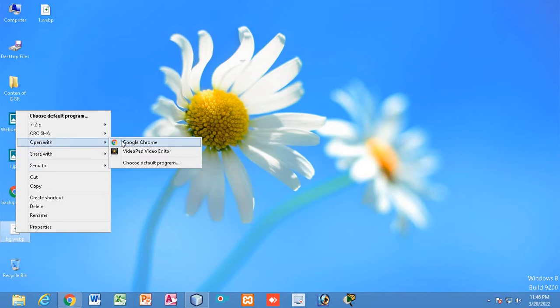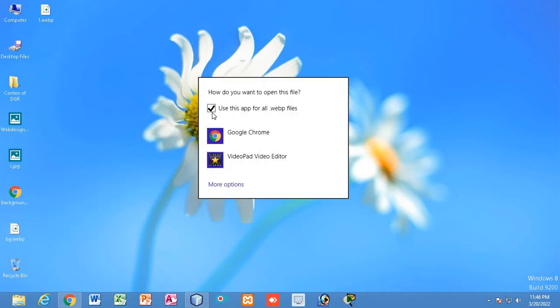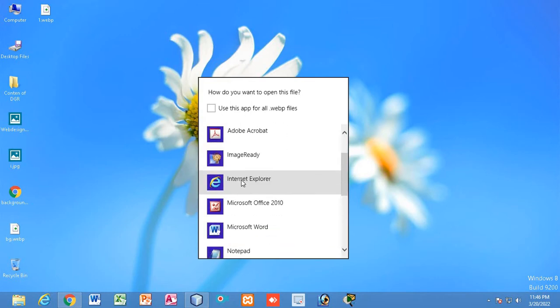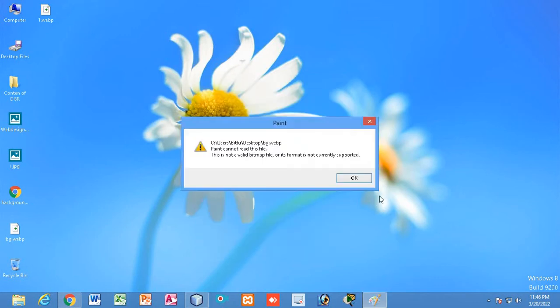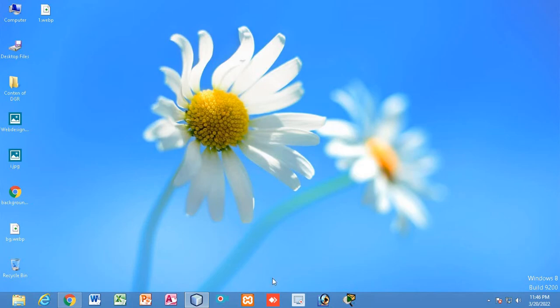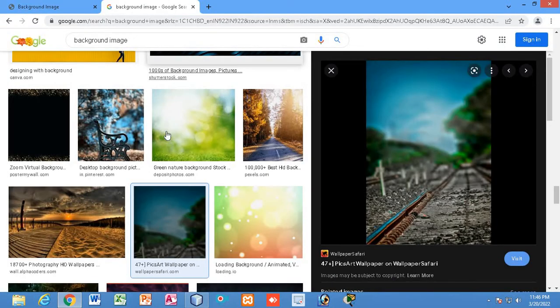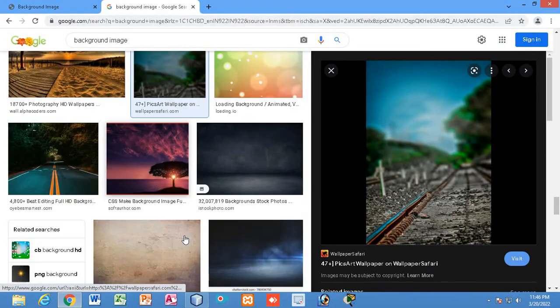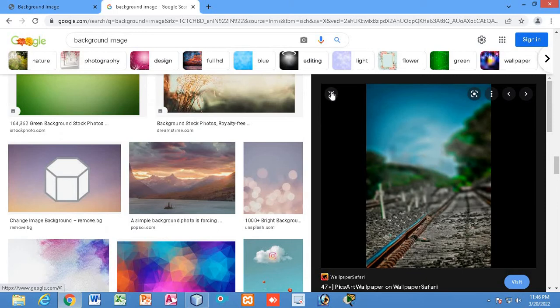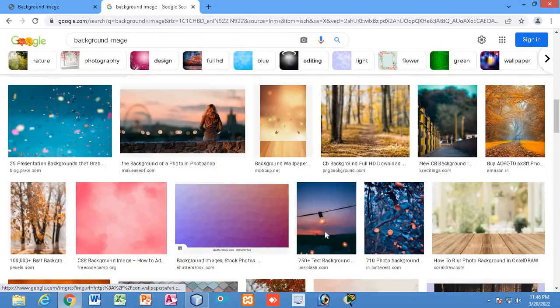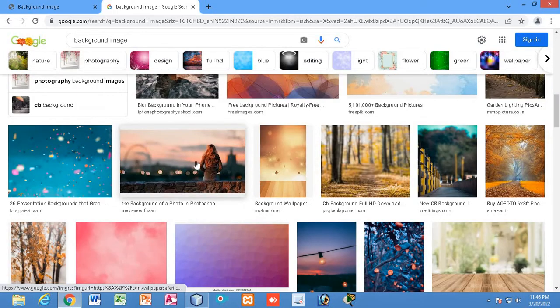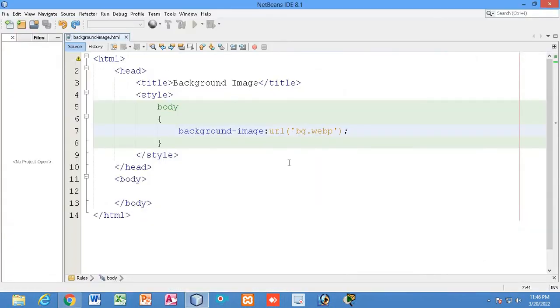This was the image. Let me open the image in, let's say, Paint. So this image is not opening in Paint, so actually the image is much bigger than the size of the background. The image is much bigger than the size of the background, as you can notice over here. And the next image which I have just added, you can see